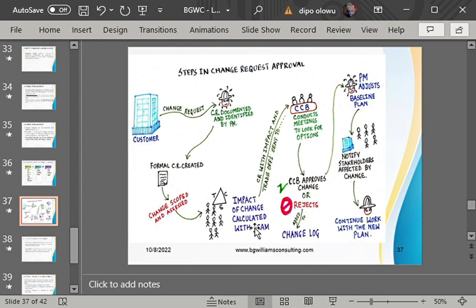What is the impact of that change? So the project manager and his team will confirm or calculate the impact of that change against cost, to check if cost will increase. We calculate the impact of that change to see if it will increase the time they will complete the project. It will calculate the impact on that change to see if it will increase or bring risk to the project. They will calculate the impact of that change to see if it will expose the system to more risk and all that. Do you get it now?